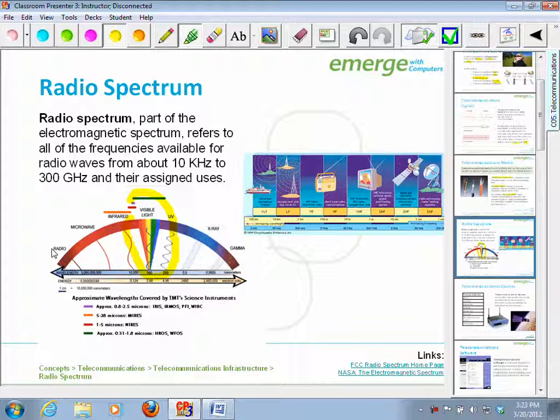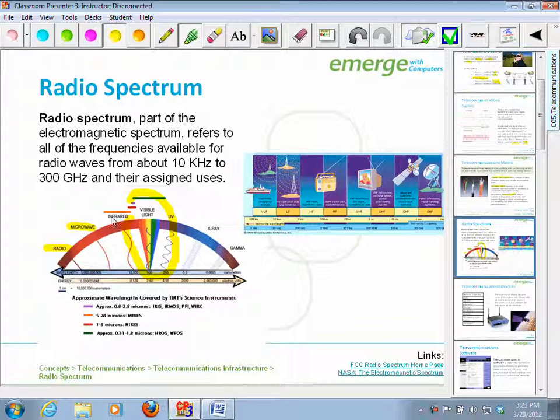And these are very long waves. And then as you come over to this other part, these are the very short waves, really short, like microwaves. So the parts of the electromagnetic spectrum have radio waves, which are the longest waves,